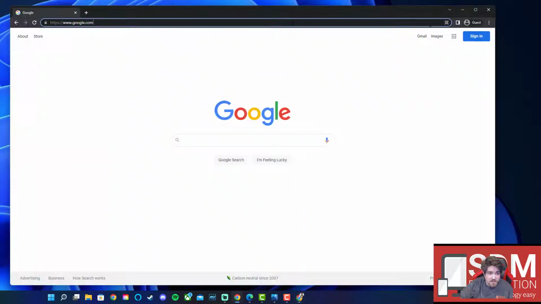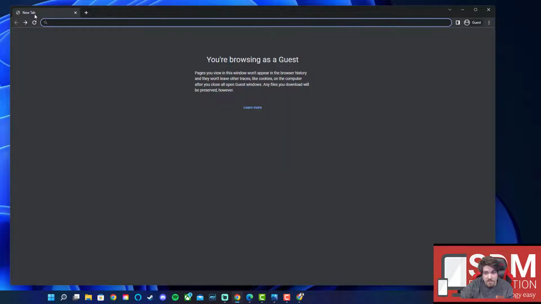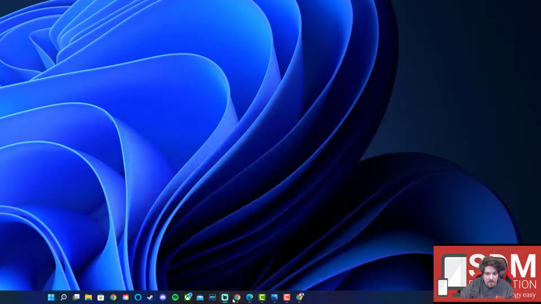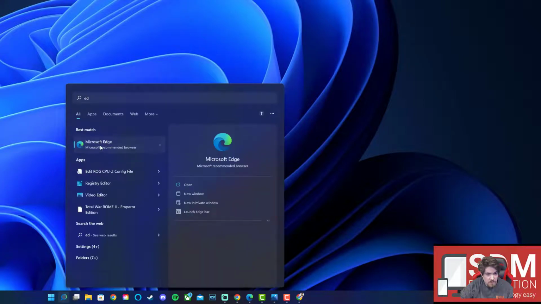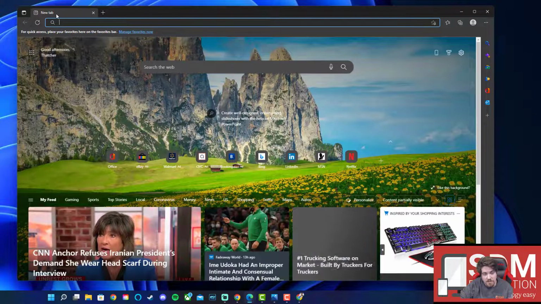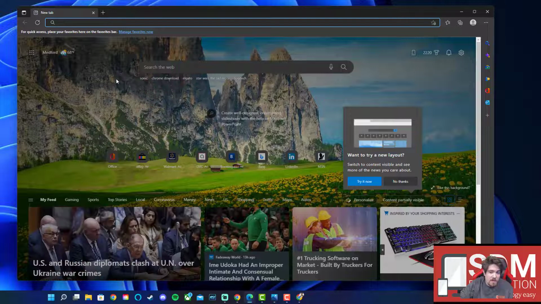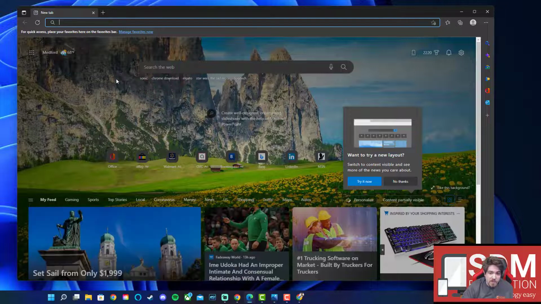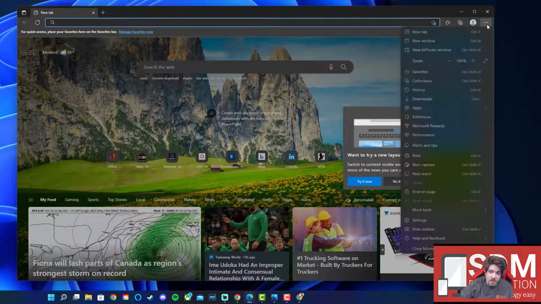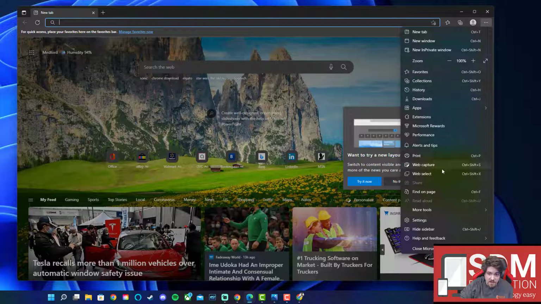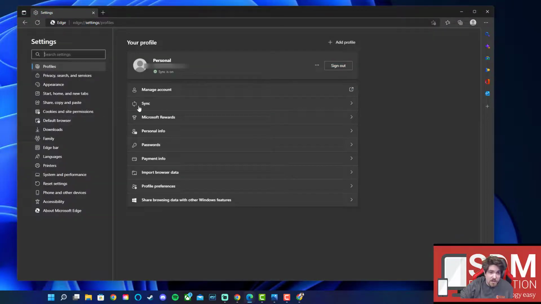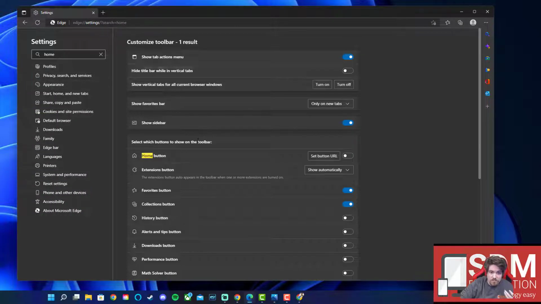And let's see what Edge says if we were to go back. Yeah, this is the new tab page. Oh, this is Google Chrome still. Sorry about that. Let me go ahead and open up Microsoft Edge. And yes, this is also called the new tab page. What used to open up was the home page. The home page is still something that exists